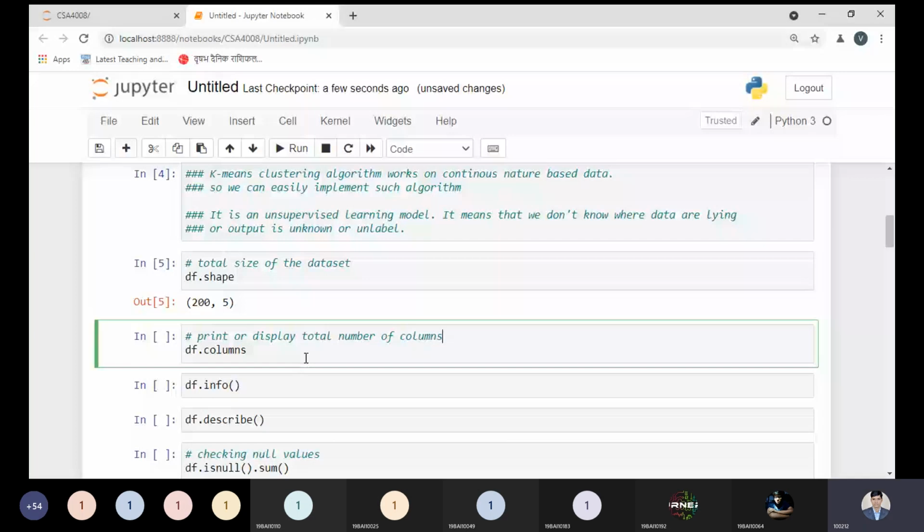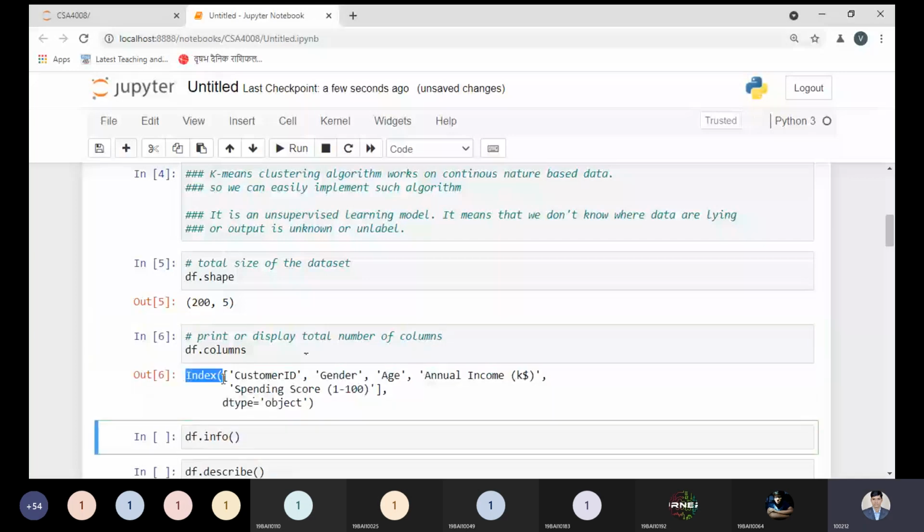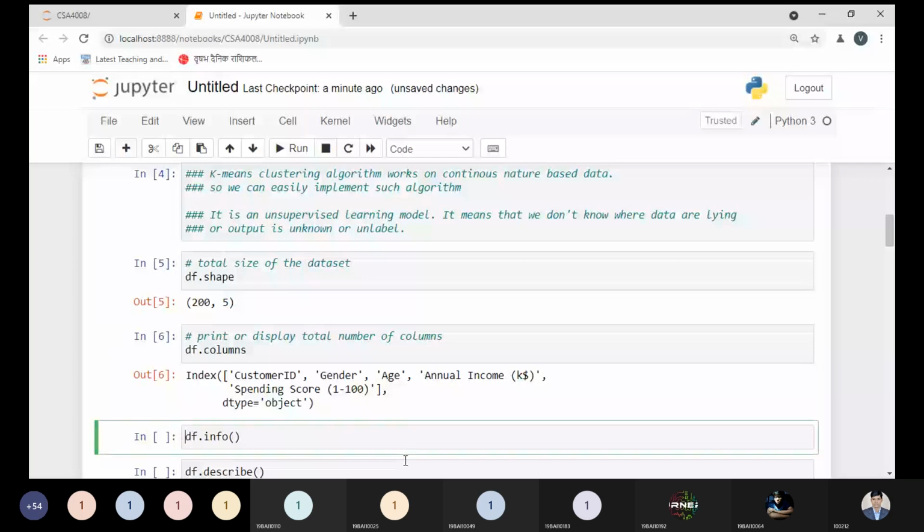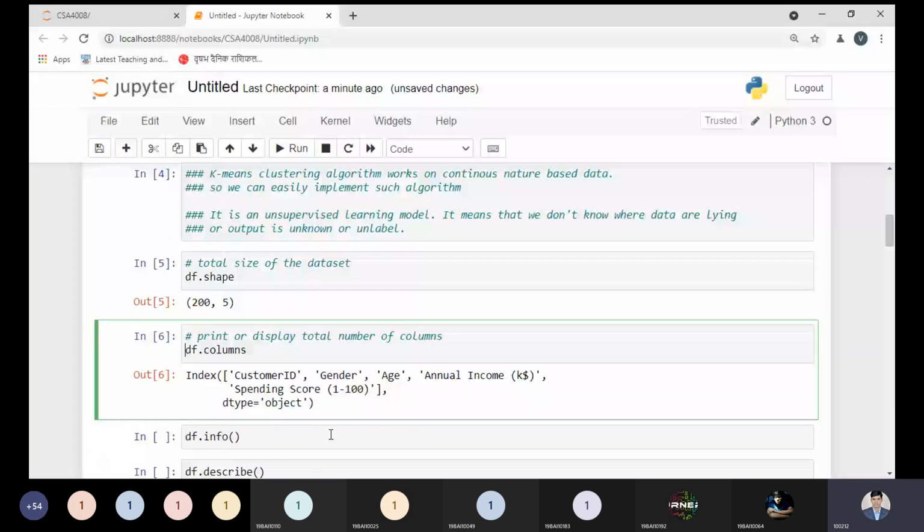With this syntax, you can observe the important columns: customer ID, gender, age, annual income, and spending score. Now, what does info show?